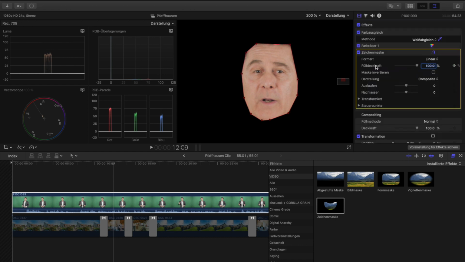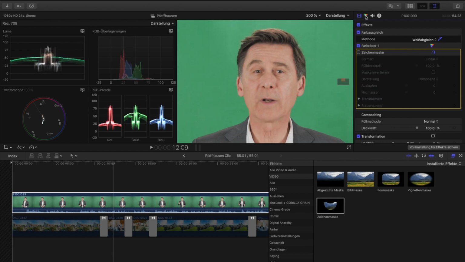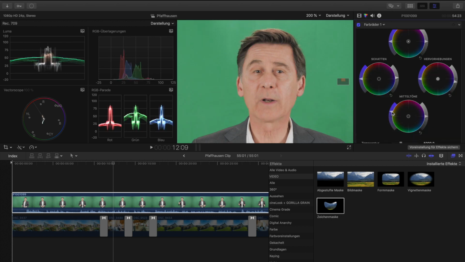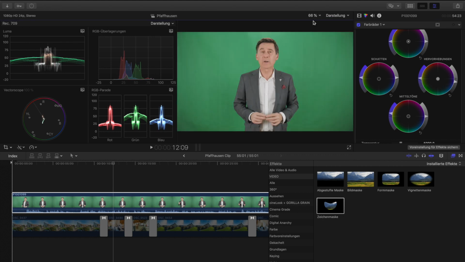We can then go back and disable the drawing mask, and you see that that's a little too much saturation there now, so we'll bring that down a little bit. We'll bring up a little bit of saturation in our shadows, and a little bit of saturation back into the highlights, and this looks quite good to me now. Alright, so the next thing that we'll do, we want to make sure that the green background, the green